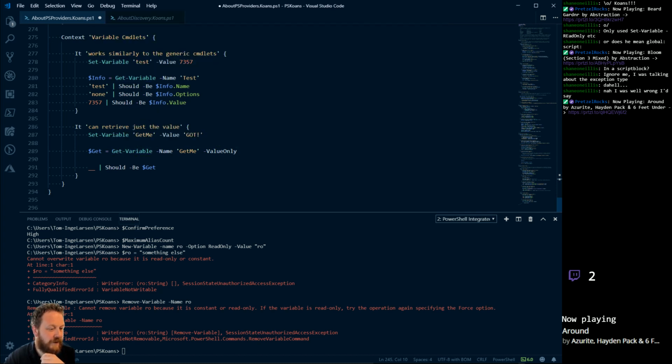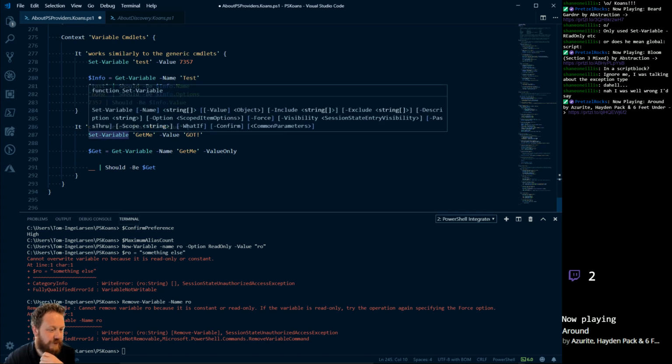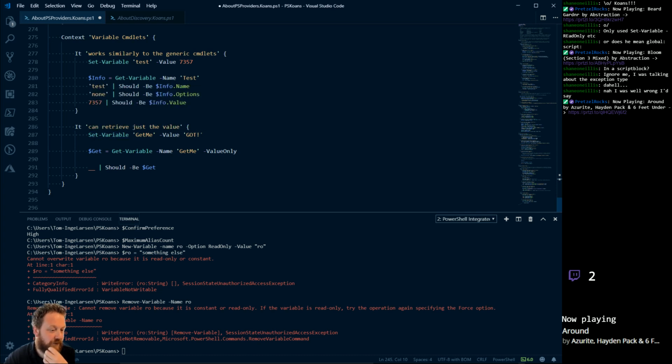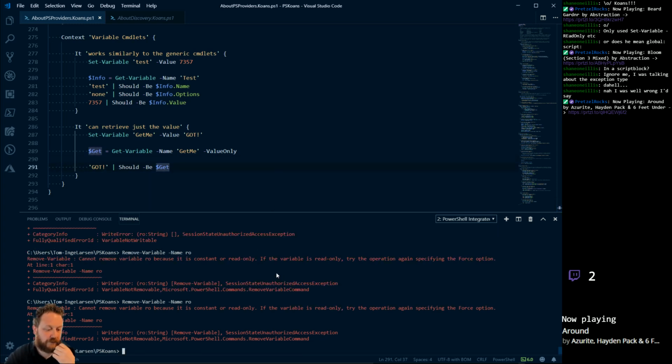Okay, and it can retrieve just the value. So set variable get me, value got, and then if we try to get it with the value only parameter, we should get got into the variable. So that should complete